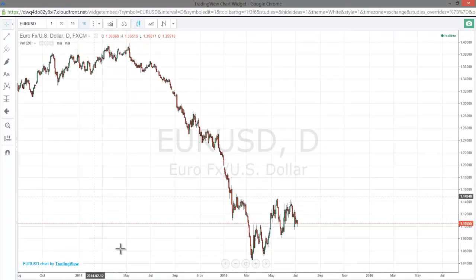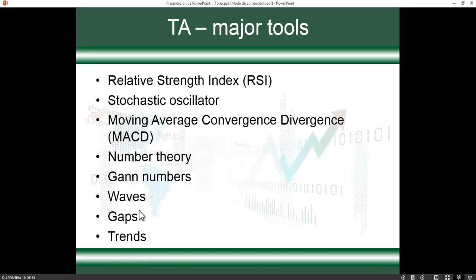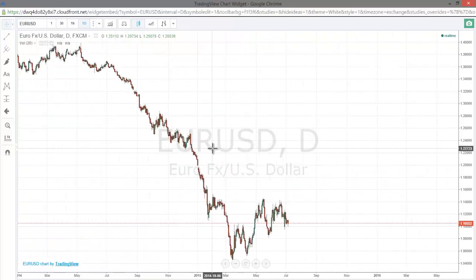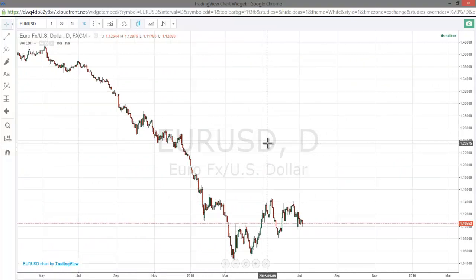Okay, so moving on to our next one, number theory. Right, so what's this about number theories and all of that? When we talk about number theories, we talk about two things: Fibonacci numbers and Gann numbers, which I'm going to do together. So back to our chart, a daily lovely chart. Fibonacci was a guy that found